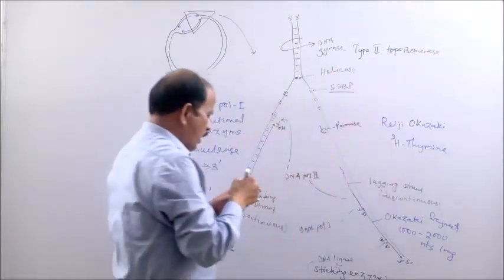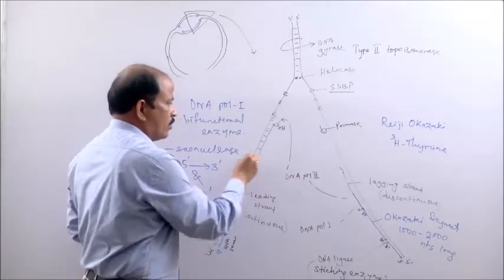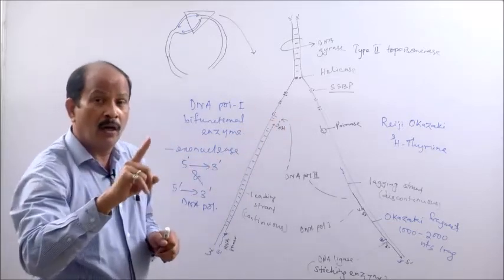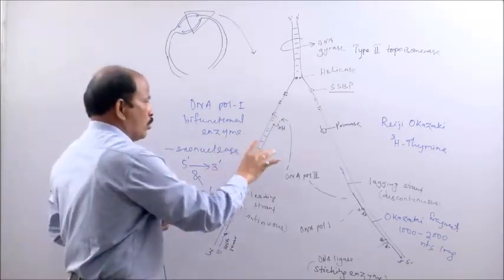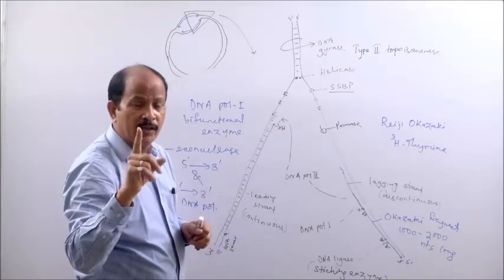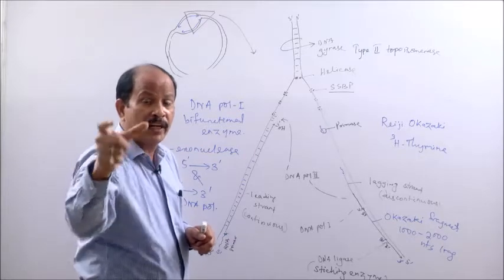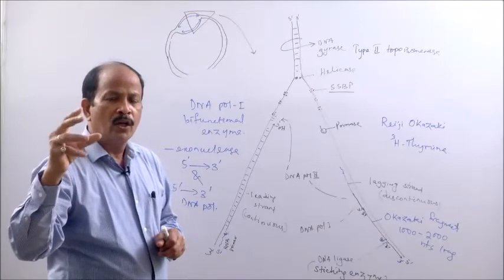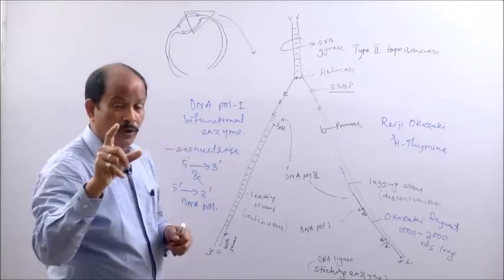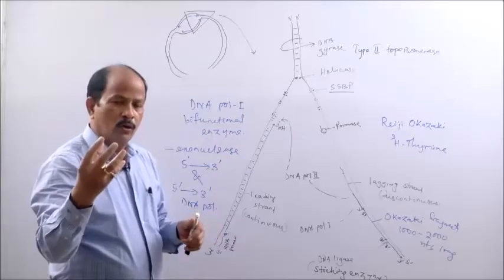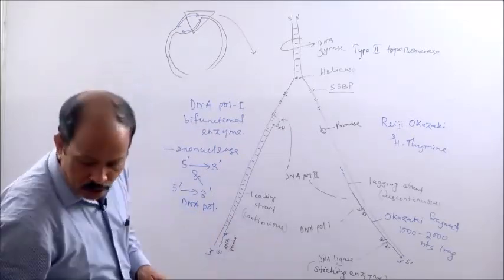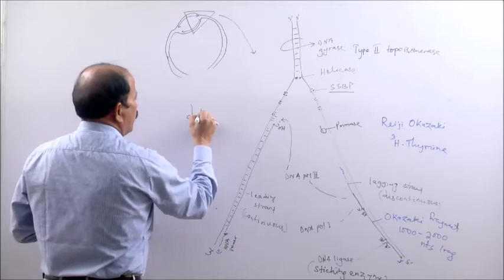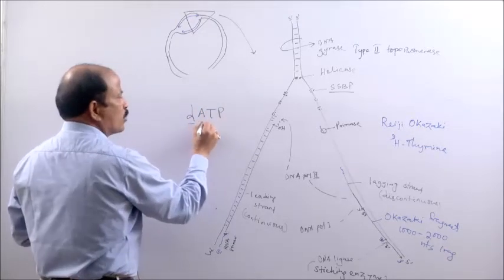So now I can summarize what is added. Nucleotides are added to the 3' growing end. In any DNA or RNA, the 3' OH end, the hydroxyl end, is always the growing end. It is the extending end. To that terminus, the enzyme always goes on adding nucleotides. And I have told you earlier, the precursors are deoxyribonucleotide triphosphates, for example deoxy ATP. It is deoxyadenosine triphosphate.